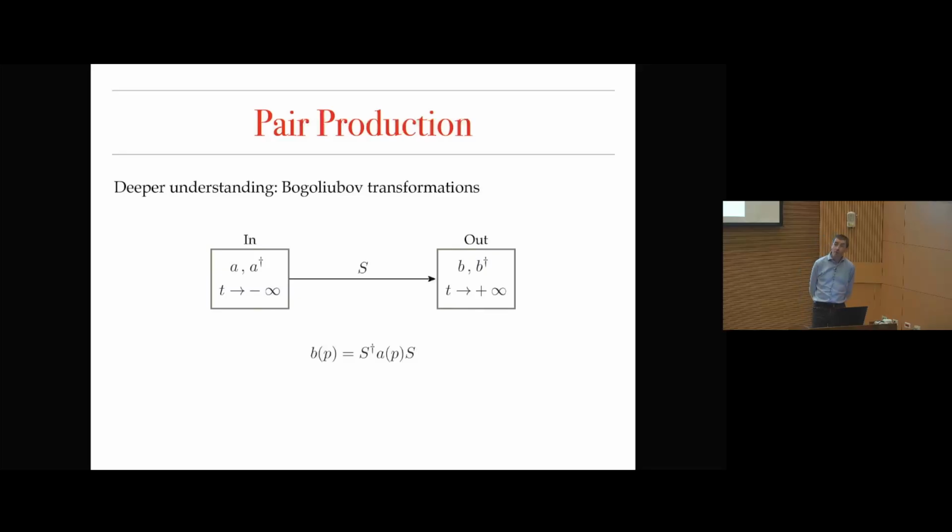To remind you of the theory of Bogoliubov transformations, I'll need to set up a little bit of notation. So in this diagram that I worked very hard on, there's a Hilbert space here, the in-Hilbert space, and the out-Hilbert space. As usual, we have creation and annihilation operators, matter operators for the in-Hilbert space, A and A dagger. There are ladder operators for the out-Hilbert space, but since there's a relationship with the S matrix, the ladder operators in the future are related to the ladder operators in the past in this way. So B is just S dagger A S.